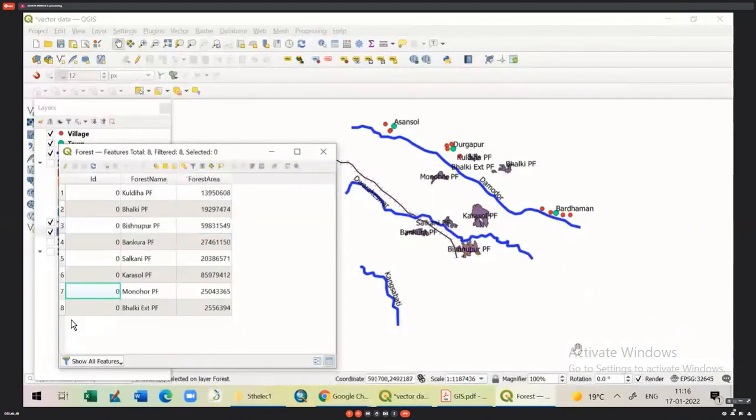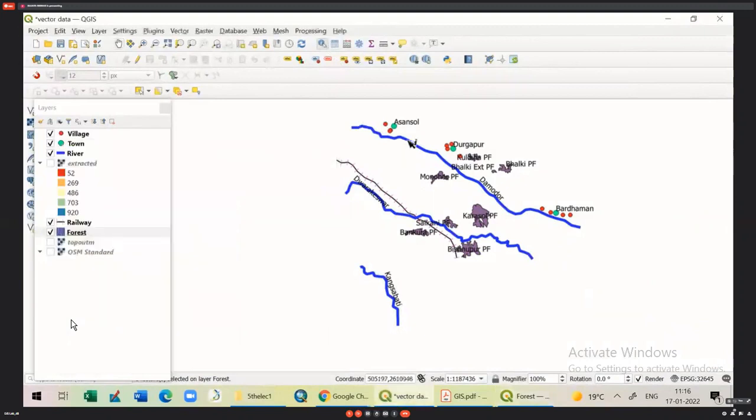Also, you can be selected. Vice versa, suppose this is one option of identifying features. Suppose I click this,